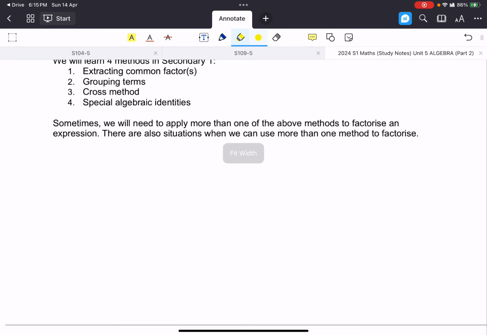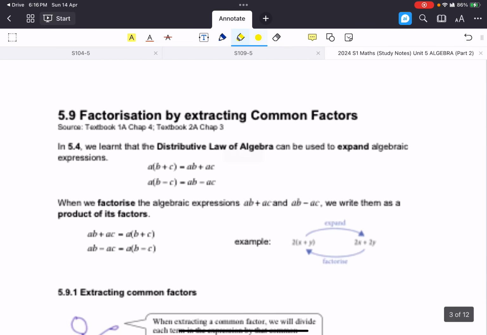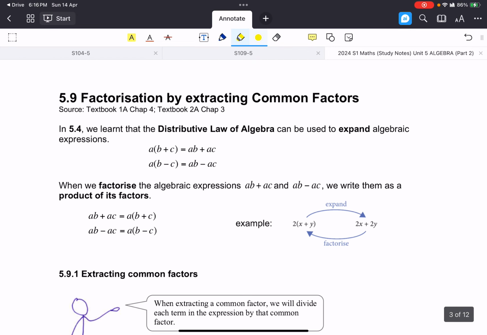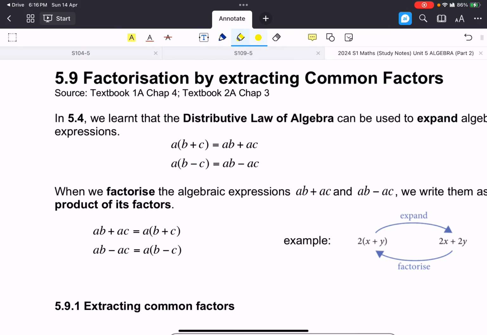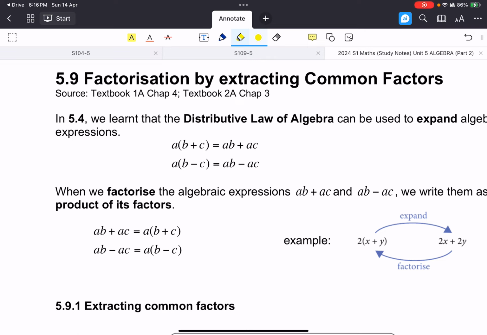So let's continue. Here's the first one, right? It's called factorization by extracting common factors. The idea behind it is to make use of the distributive law of algebra, right? So we know that we can expand algebraic expressions by distributing the factors that are outside the bracket in. Okay, it works